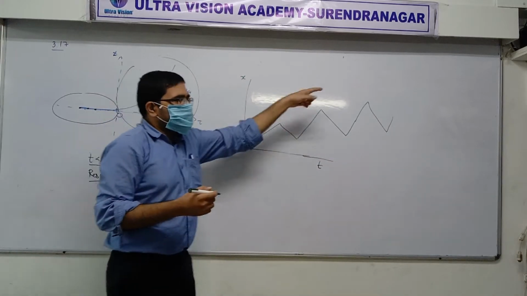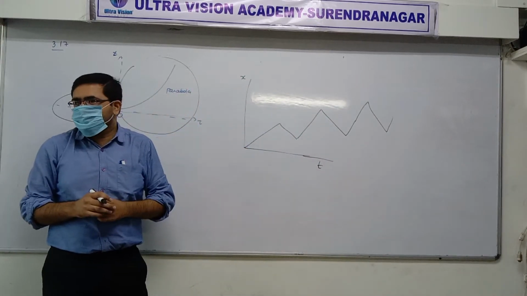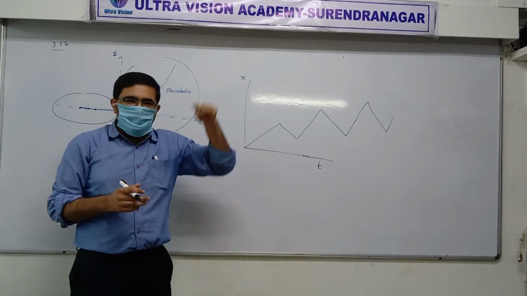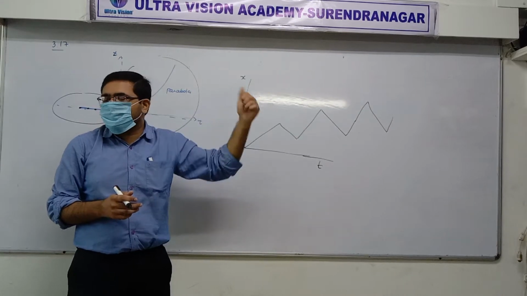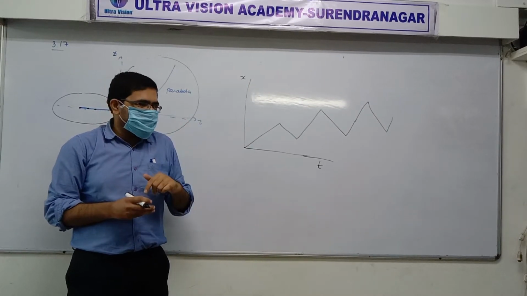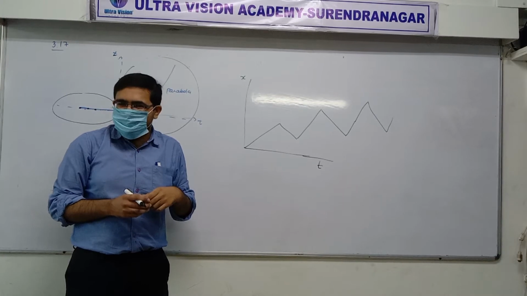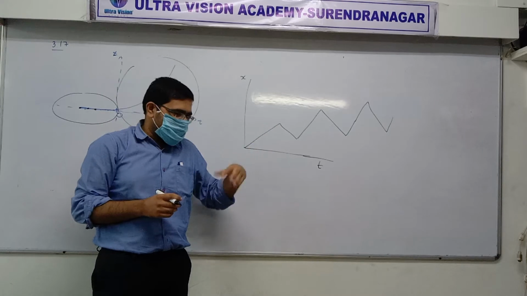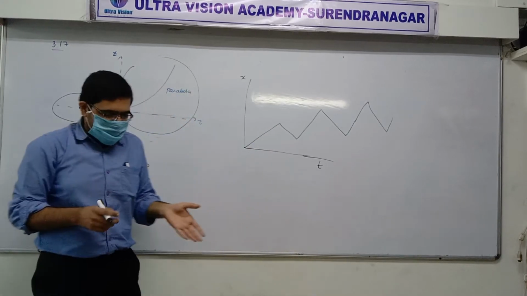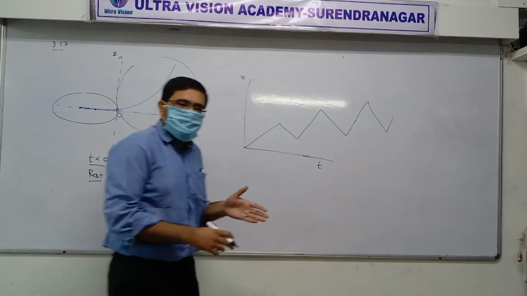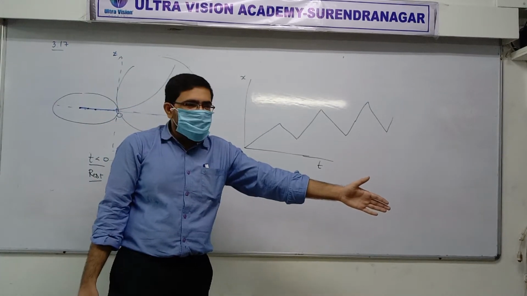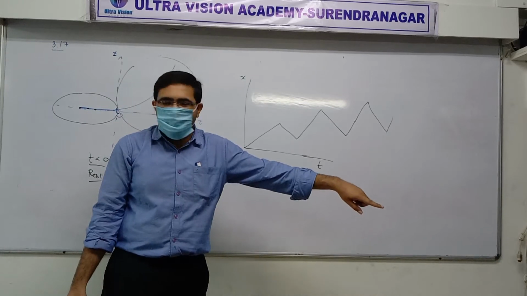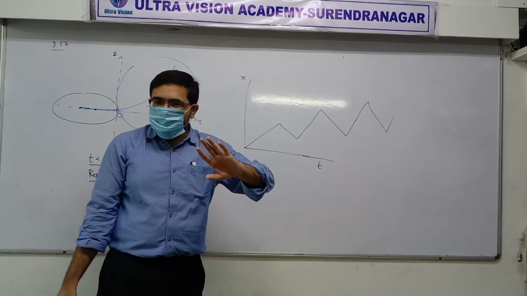is this the path of the drunkard? No. Is this the path of the drunkard? No, sir. It's a graph. Is graph same as path? No, sir. No, never. Graph is a mathematical representation of what is happening in reality. What will be the path like? 5 steps forward and then 2 steps back. 5 steps forward again. Is that clear? Yes, sir. The path is just like this. Do you get that? Yes, sir. Sure? Everyone got it? Yes, sir.